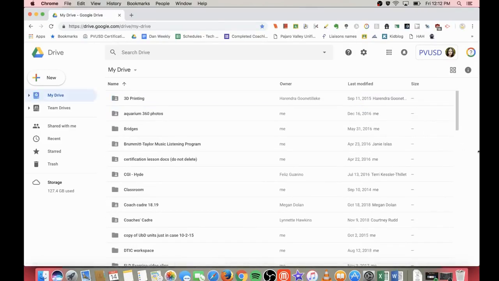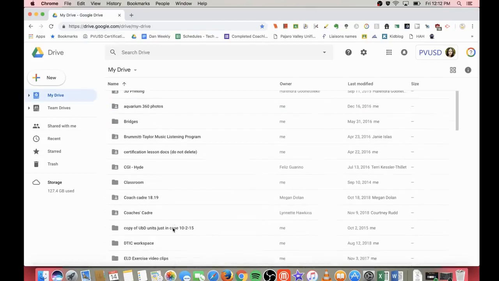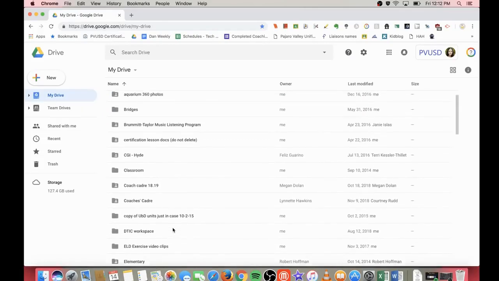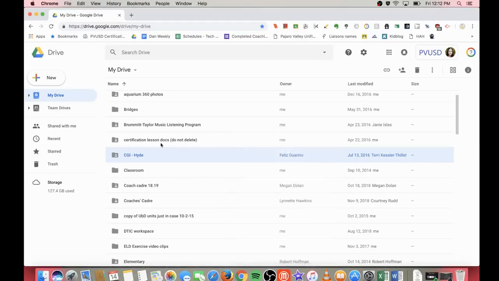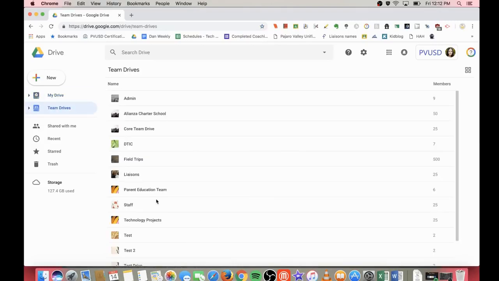Another way to move files, especially if you'd like to move a folder. If I have a folder with a lot of files in it, but it's not owned by me, or it might be a folder that has files, some are yours, some are other people's, and you don't want to go through copying individual files, you could download an entire folder. I already have a folder on my desktop, so I'm not going to go through that, but once you download a folder, you can go back to that team drive,